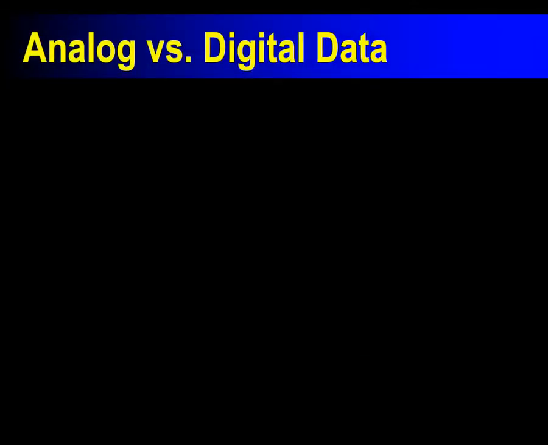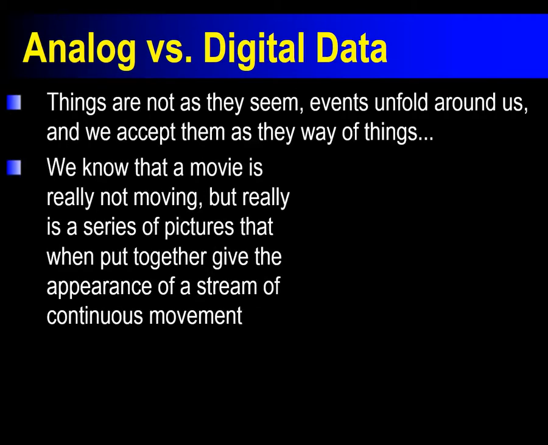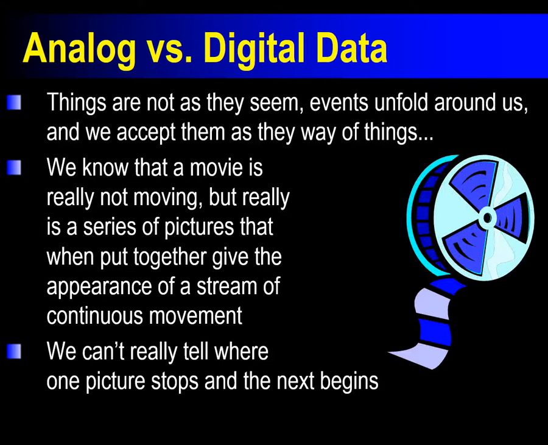So we have to be translating between those two worlds all the time. Okay? For example, when you watch a movie, what you're watching is a series of images being flipped in front of your eyes really quickly to give the appearance of moving pictures. That's why it's called moving pictures. Okay? We accept that. We accept that that is happening. Okay? We don't know where one picture stops and the next begins because that's the way our brains interpret that